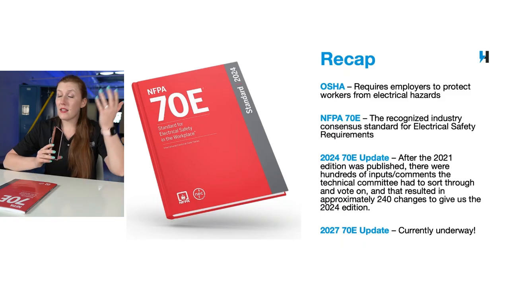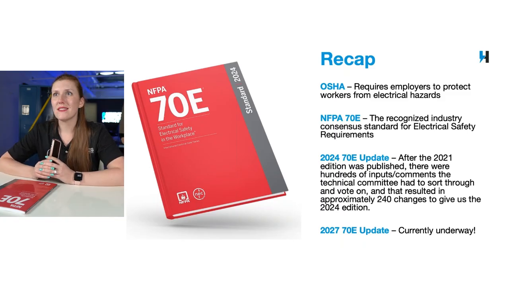And there are some things that actually are in Chapter 1 that are kind of exciting. There's a potential for an item to be added in there saying that you do have to have a second person if you're going to do energized servicing adjustment work. If you're going to need an energized work permit per the standard, then you need a second person, a buddy system, so to speak, an attendant policy, which is great because I know a lot of companies have adopted it, but it was hard to justify having a second person. There was a lot of education needed there for upper level management, frankly, to spend the resources having two people there if there was energized work.